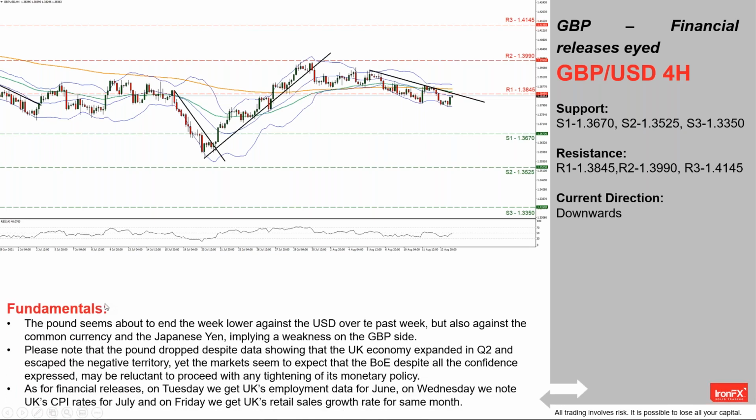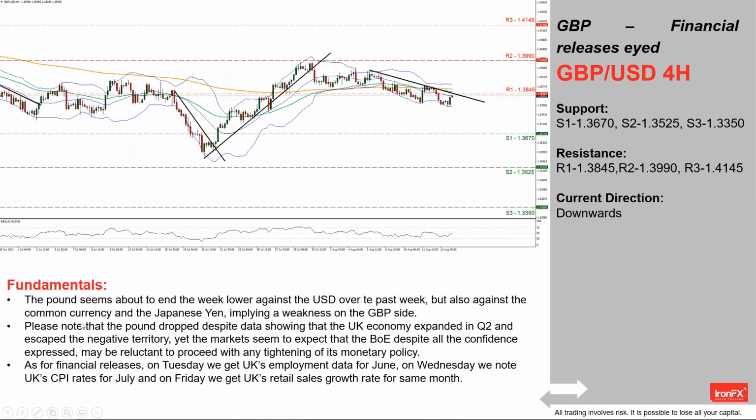Moving now to the pound's fundamentals. The pound seems about to end the week lower against the USD over the past week, but also against the common currency and the Japanese yen, implying a weakness on the GBP side. Please note that the pound dropped despite data showing that the UK economy expanded in Q2 and escaped the negative